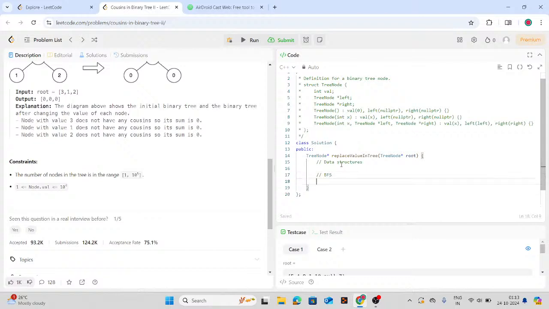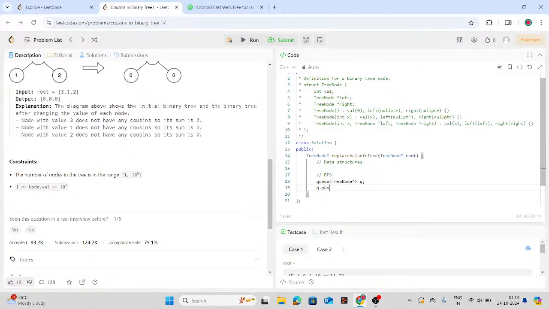For BFS we need a queue of tree nodes, and as we all know, it starts with the root node, and you should notice the edge cases over here. There is sure to be one node, right? So we just start our